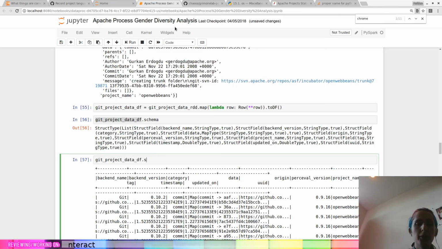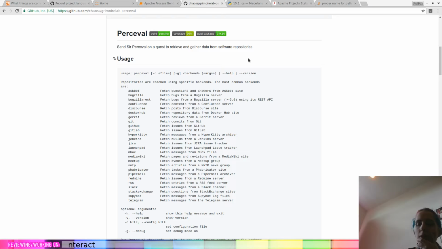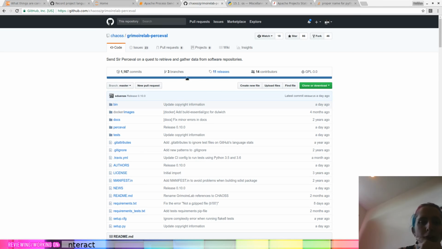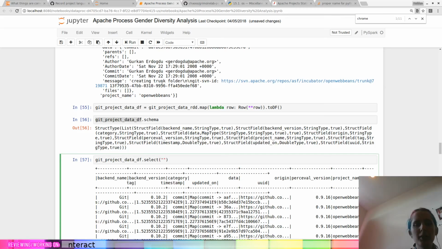And so I care about the backend name. I don't care about that right now. Oh, that's interesting. I'm using the backend version 10.2, and Percival released 0.10.0. Oh, what? That's confusing.